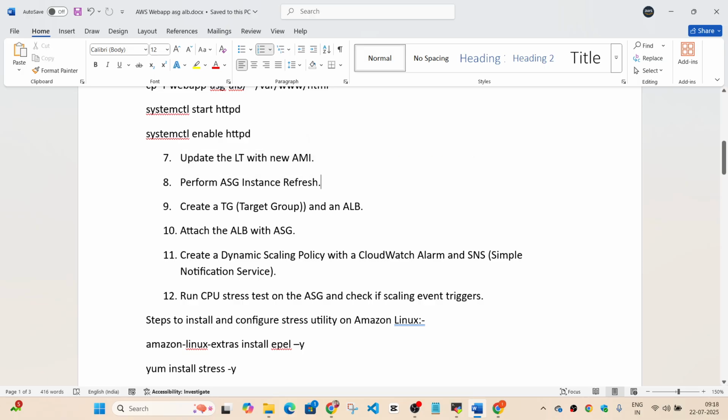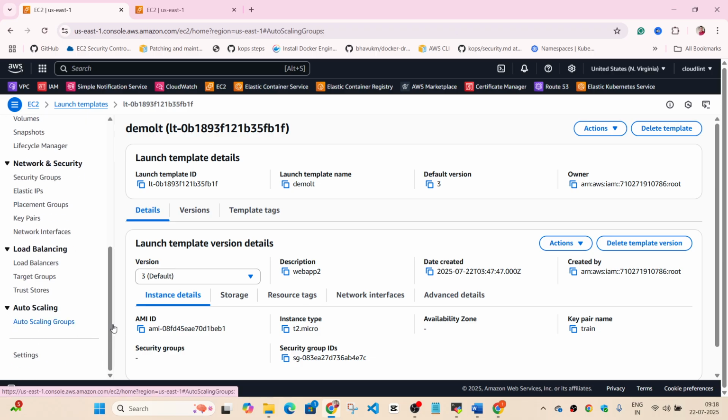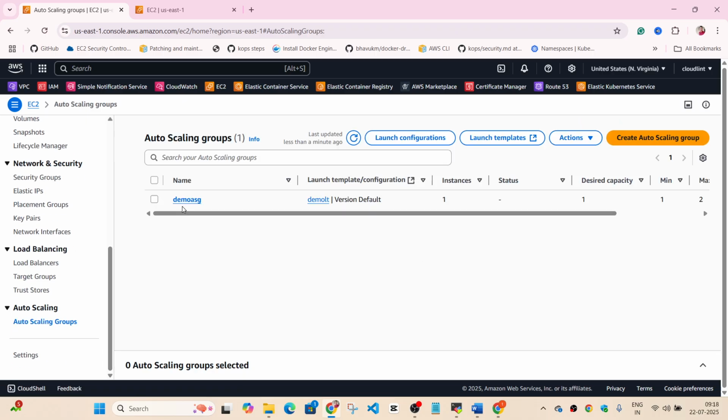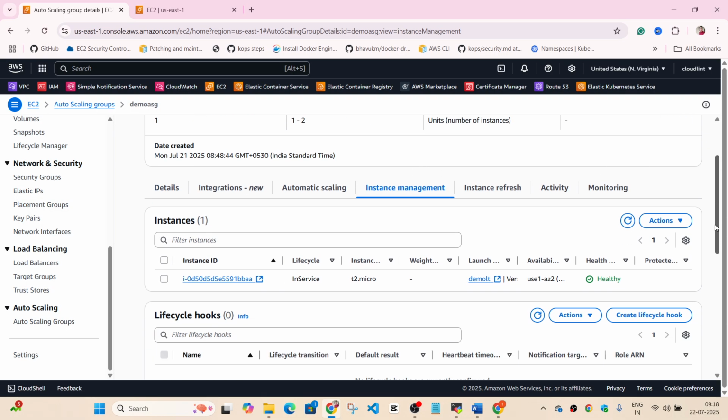This is done. Now we can perform ASG instance refresh, which I was talking about. So you can go to your autoscaling groups, click here. So we already have this one instance with the earlier AMI, but I want to update it with a new AMI.